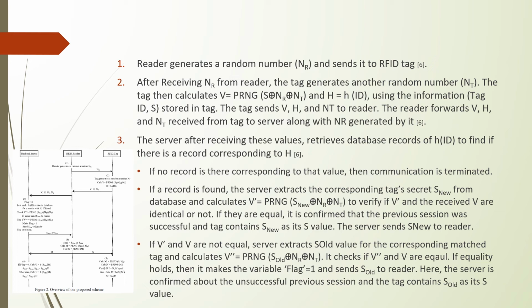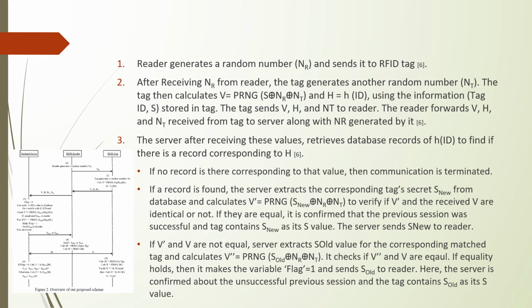After that, the server receives those values, and it retrieves the database records of the hash of the ID, and it will find if a record corresponds to the hash that we just calculated. So there are three possibilities. If no record is there, and that's not the same value, the communication is terminated and access is not granted. If a record is found, the server extracts the corresponding tag secret seed from the database